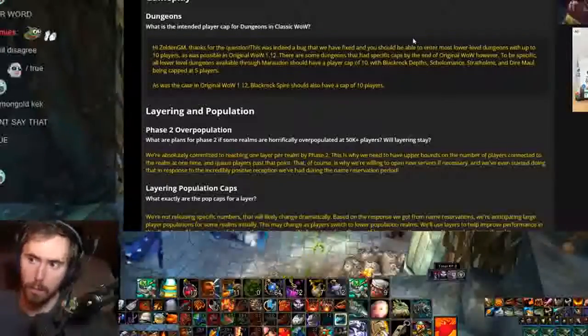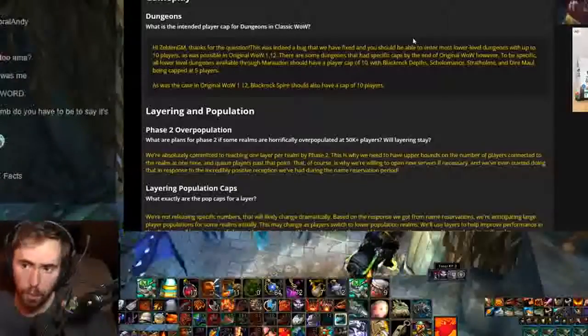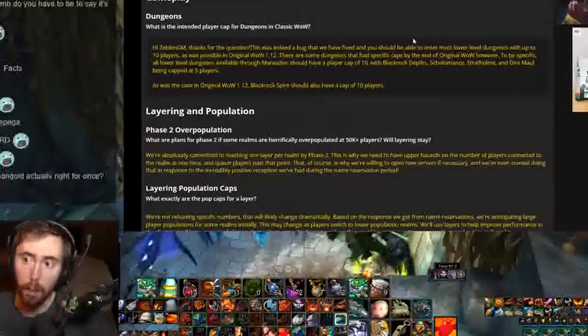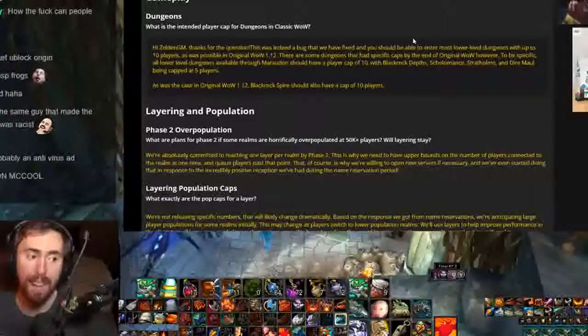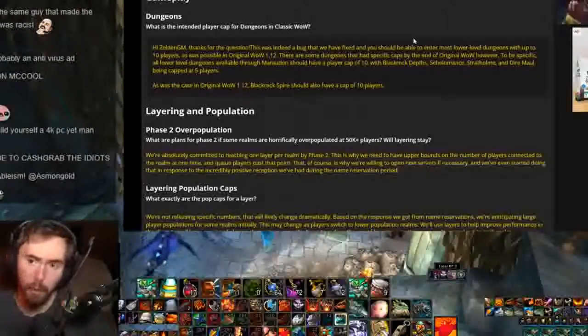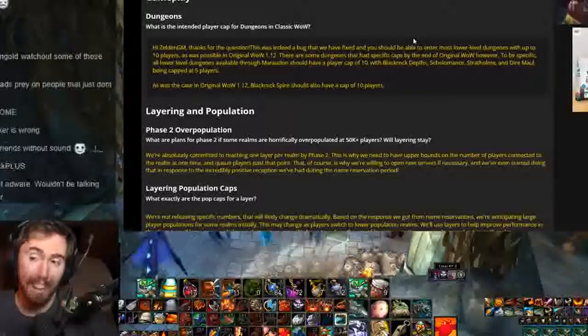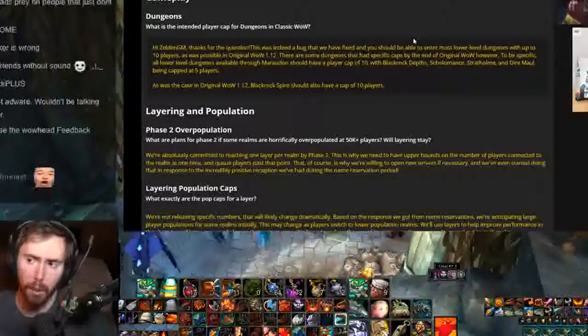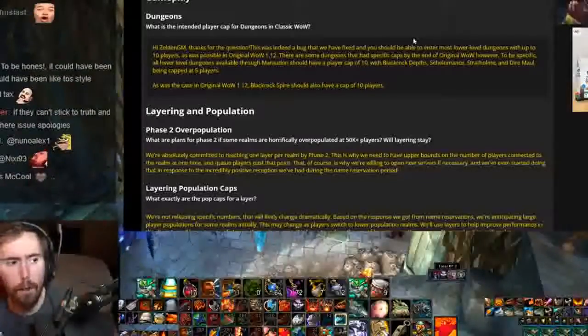There are specific dungeons that have specific caps at the end of the original WoW, however. To be specific, all lower-level dungeons available through Maraudon should have a player cap of 10, with Blackrock Depths, Scholomance, Stratholme, and Dire Maul being capped at 5 players. As was the case in original WoW 1.12, Blackrock Spire should have a cap of 10 players, UBRS. Everybody basically expected UBRS to be a 10-player raid. For me personally,